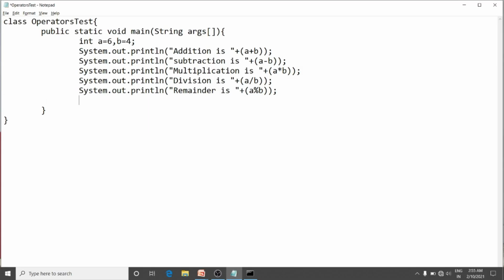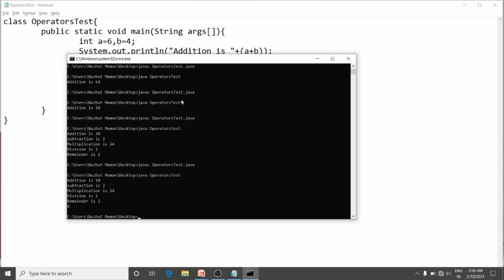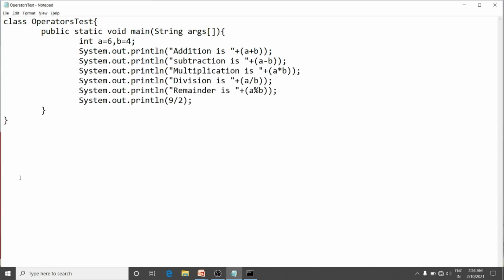Here I will show you System.out.println. If I divide the number 9 by 2, here you can see 9 and 2, both the operands are of the same type, that is integer. And then integer division results in an integer. So the expression 9 by 2 results in 4, not 4.5. We will see it. Here you can see 4, because integer division does not have any decimal place, so the remainder whatever is obtained is ignored.